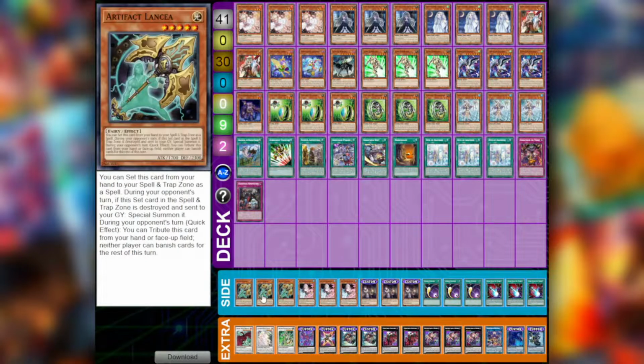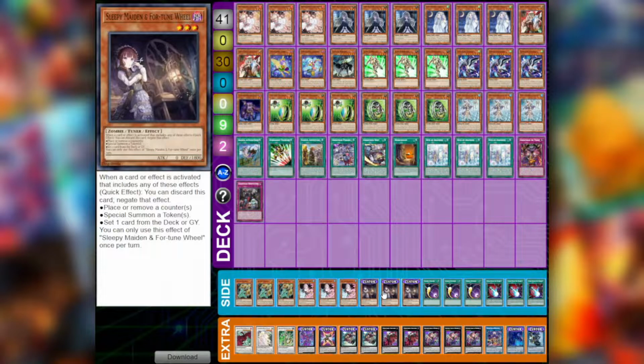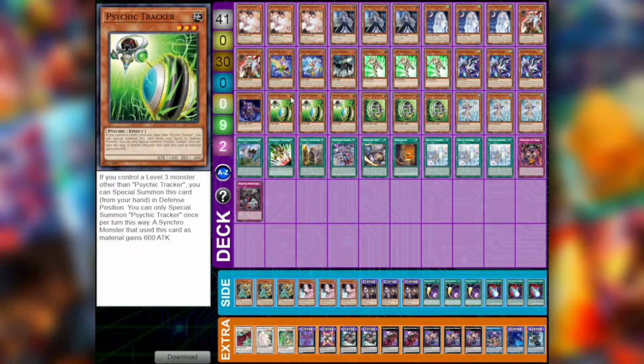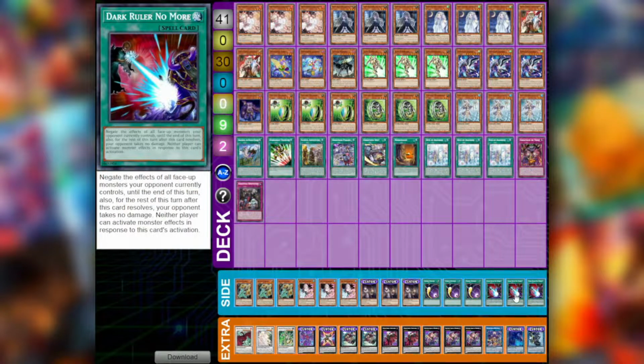To wrap up the entire deck, we have 3 Lancia, 3 Ghost Sister and Spooky Dogwood, in case our opponent is playing something that just summons 500 times a turn, and this is a better defensive option than something like Ghostrick Jackfrost. 3 copies of Sleepy Maiden and Fortune Wheel, which is good against counter decks, token decks, and any decks that set cards from the graveyard, like reset spells and traps. So, don't read Ghostrick Fairy. And 3 Cosmic Cyclone for back row decks, and 3 Dark Ruler No More as our